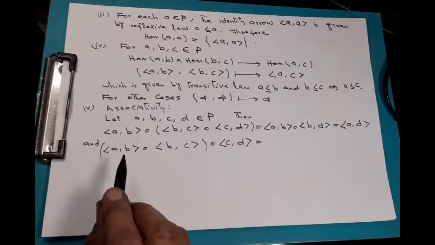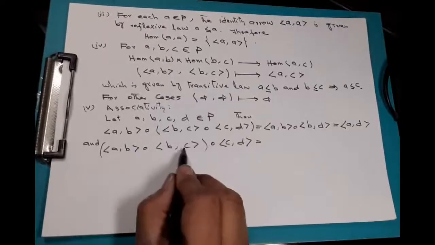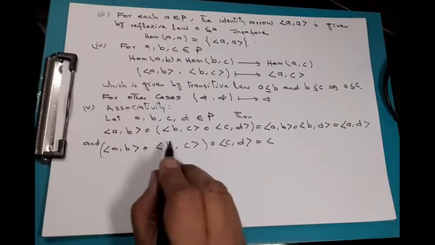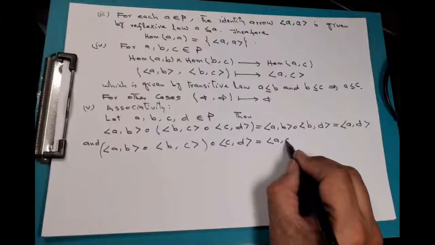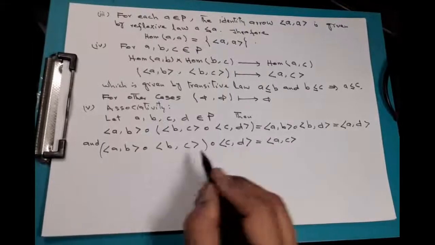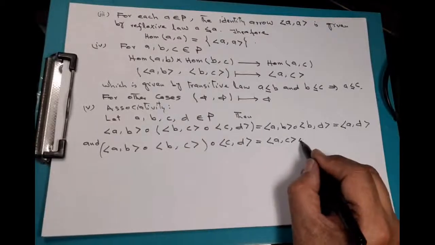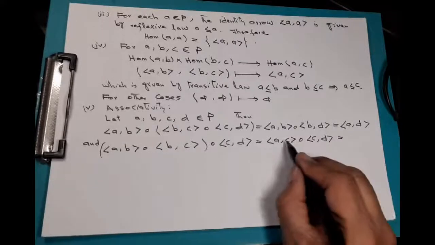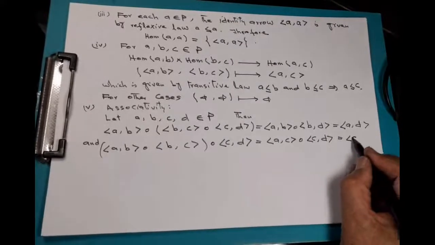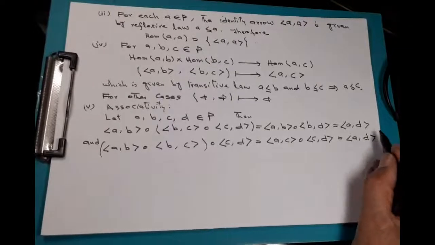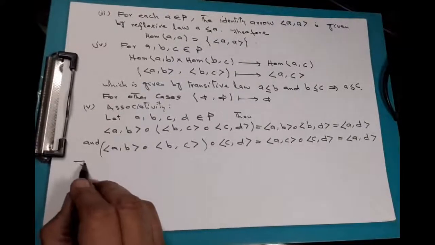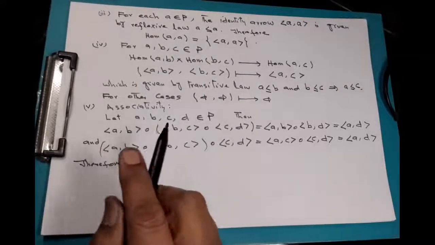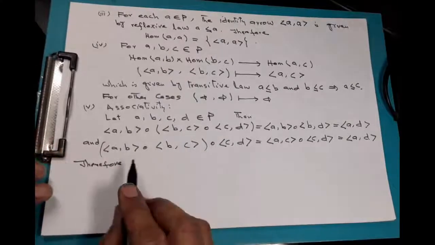Because of the transitive property, these two arrows composed with each other will give you the AC arrow, that is A is related with C because of transitivity, and then composed with C is related with D. When we compose these two with each other, we get A is related with D, and you can see that these two are equal, and therefore this is equal to this,